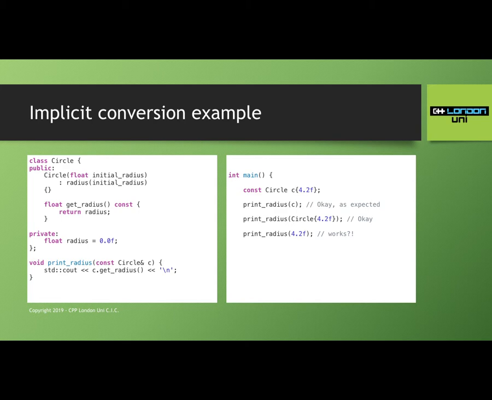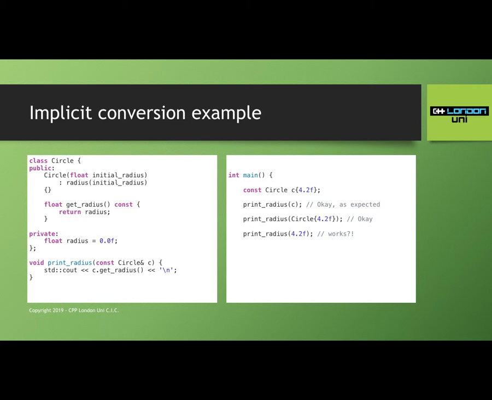So what's happening is the compiler is saying, okay, you want to call a function print radius and you're passing me a float. Well, I've only got one candidate for print radius. It's this guy. If we had multiple overloads, the situation would be different, but in this case, we've only got one candidate, and it takes a circle. So the compiler says, is there any way that I can convert this float that you've given me into a circle? Because I really want to make you happy. And it can. It can convert a float into a circle by using the circle constructor up here.